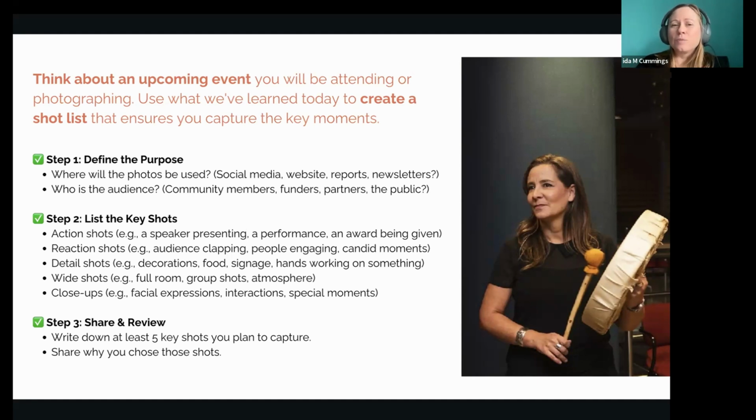And then zooming in and getting close-up shots of the reaction of people talking, people hugging when they come in, I think is a great shot to get. People engaging with the speaker. Oftentimes after speakers are done talking, when the presentation is over, that's the best time to get photos because everyone's engaging, talking to each other.